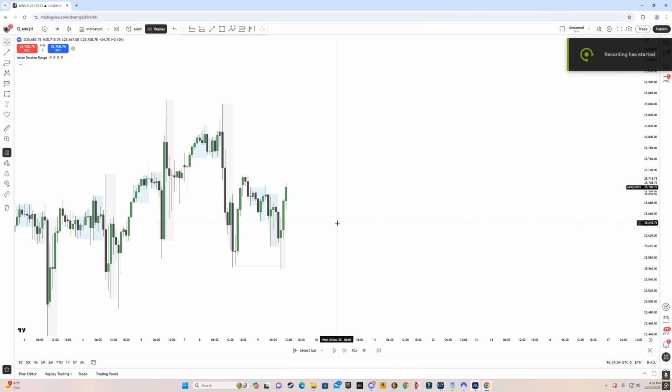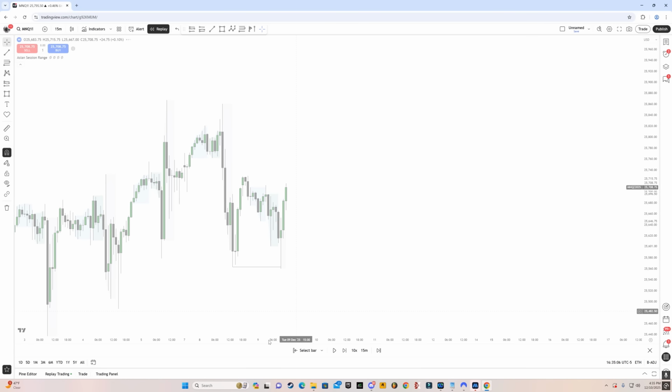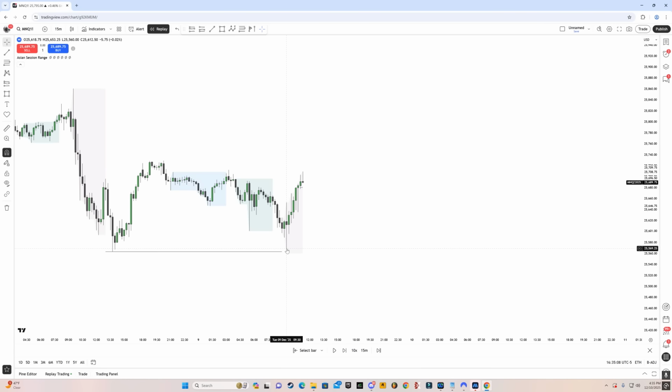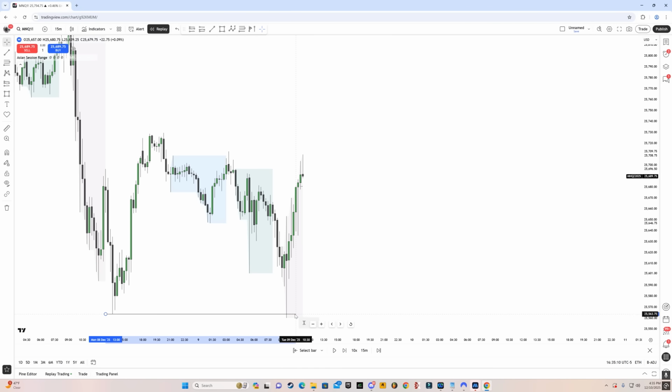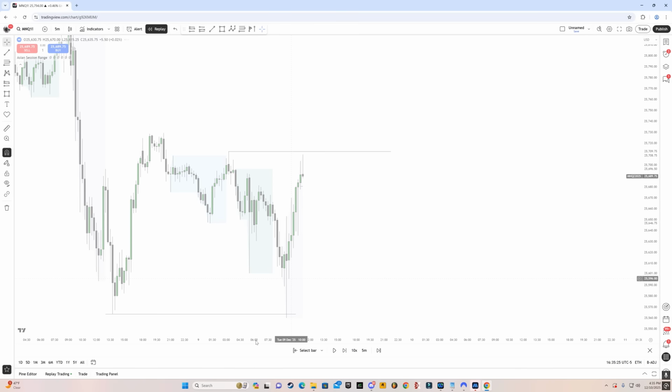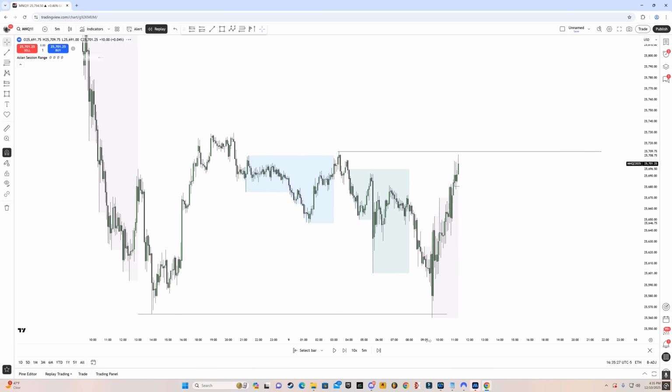All right, guys, so here is example number 2. So over here, coming into the day, we were bearish, but then we swept this major sell side liquidity on the 1 hour at 9. So if I go onto the 15-minute time frame, you can see that we swept this low exactly at 9:30. So the draw on liquidity was swept before that, but what we can do is identify bullish draw on liquidity. So over here, I can clearly see that there is this high, significant high over here. And let's just go to the 5-minute time frame to see if we have some clear equal highs.